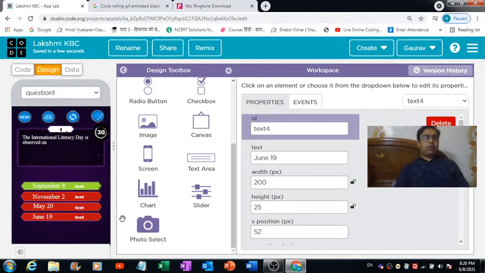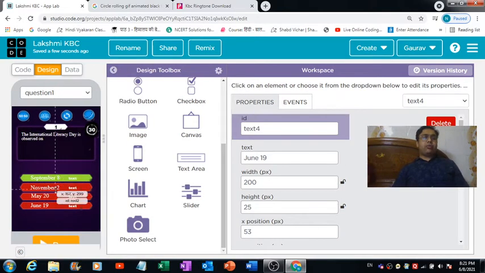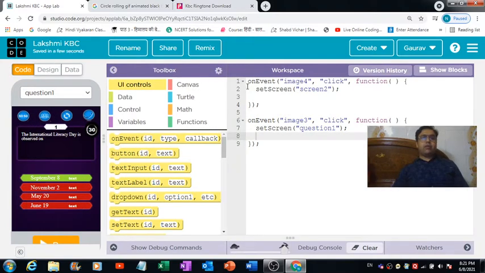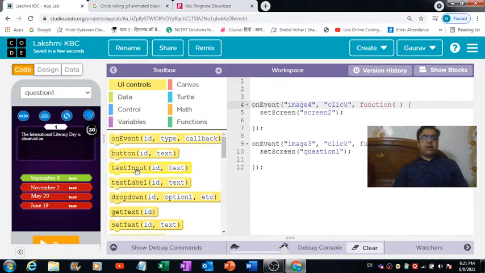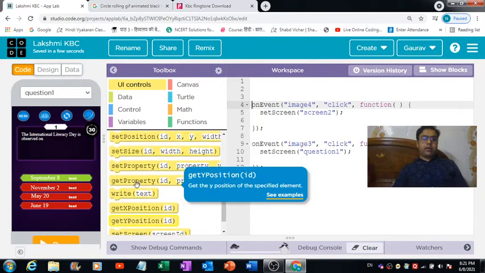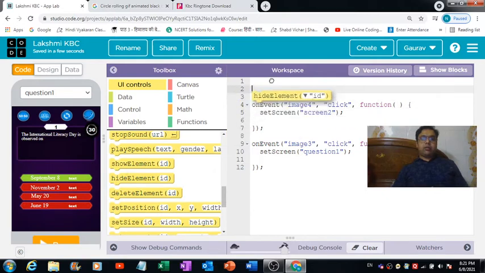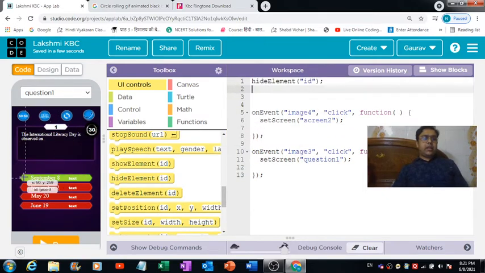Now I don't want the user to see these green box and these red boxes, also these text boxes getting reflected on this screen when he will land on this question 1 screen. So for hiding them, I will have to make use of hide element property. I can simply go down over here and we can make use of this hide element. Now the idea of this component is green one, so that's how we can hide it.